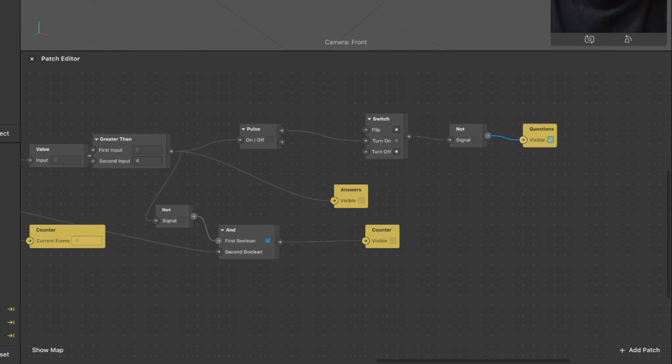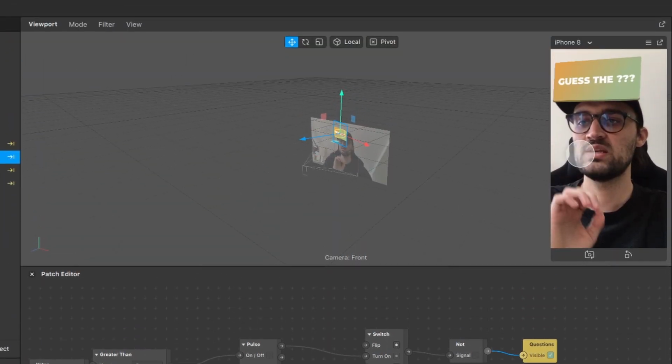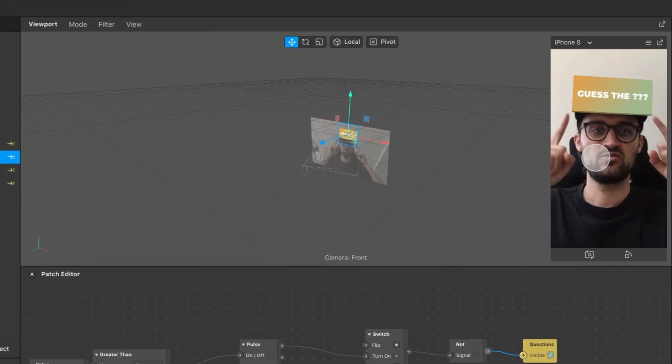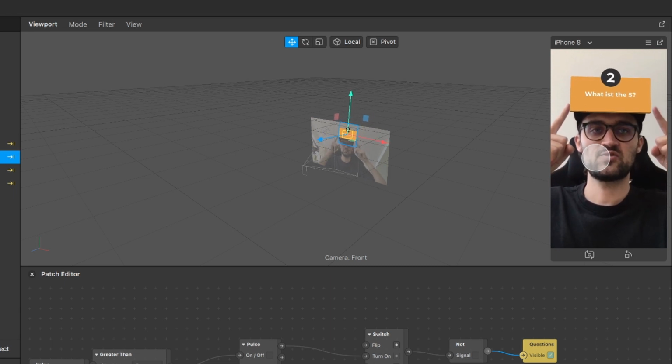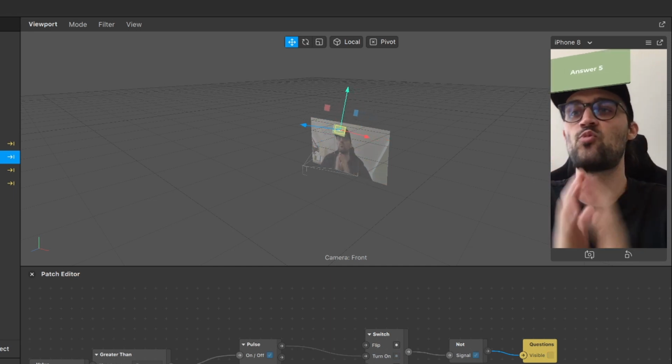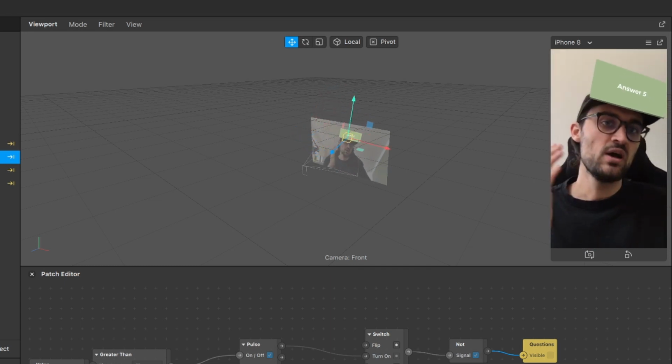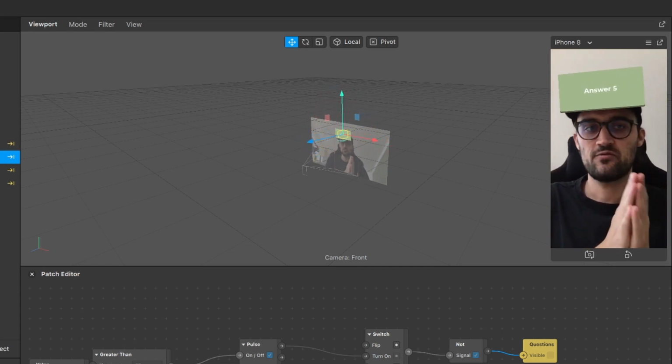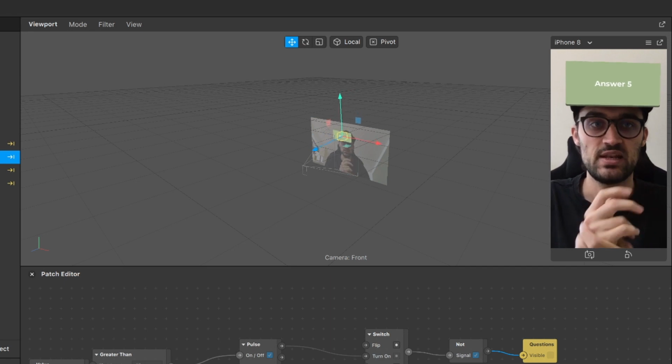Now when we restart our filter and tap on the screen, after 2 seconds this card disappears, the countdown starts with the question, and after the 5 seconds the answer appears. So yeah, this looks pretty good to me, now we have a fully functioning question and answer filter,